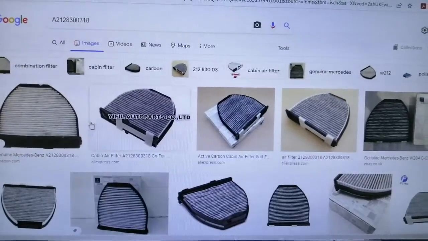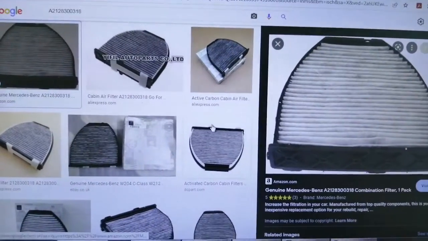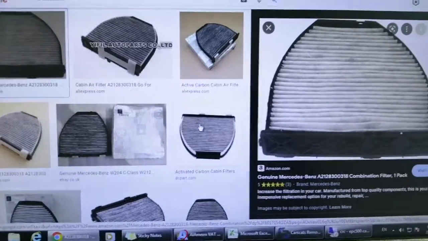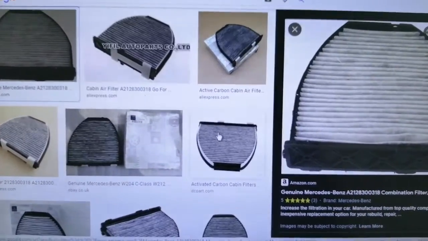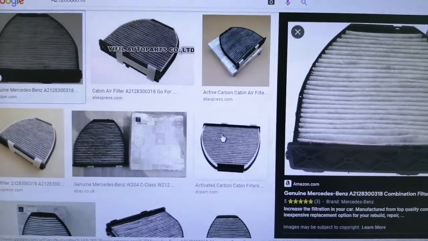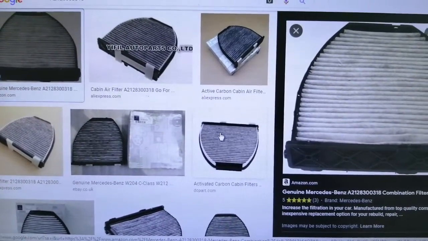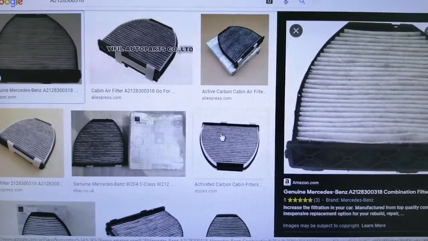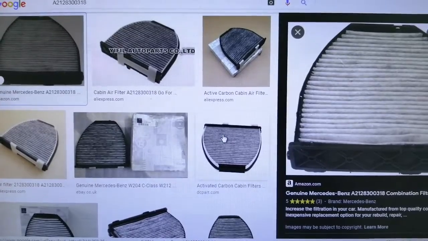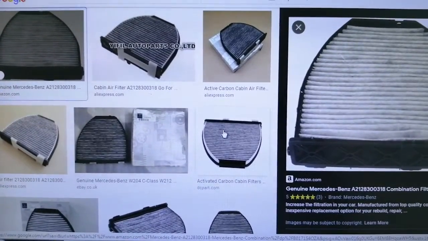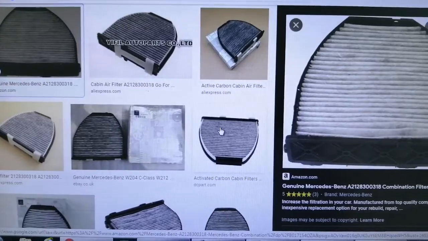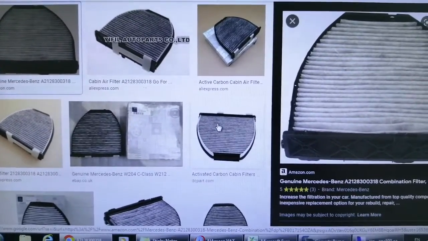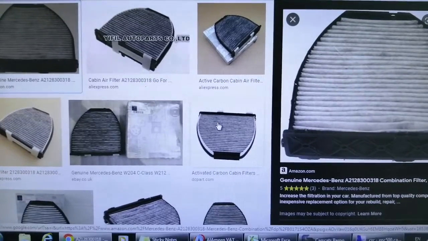Mostly people call this item the AC filter, and that is the normal language, but the Mercedes Benz language is combination filter. If you say combination filter, it's enough, but mostly people use the name AC filter. So I hope you understand what the AC filter is, where you can find it, and what the picture of the AC filter, combination filter, for E350